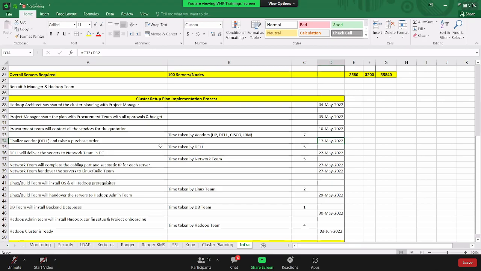Now it is done. Next is the time taken by Dell to prepare and deliver the servers. How much time is Dell taking to deliver all the 100 servers? Dell is taking around 5 days. Once they deliver, to whom do they hand over these new servers coming from Dell? They'll hand over these servers to the network team in the DC,